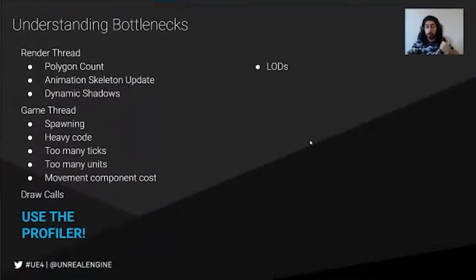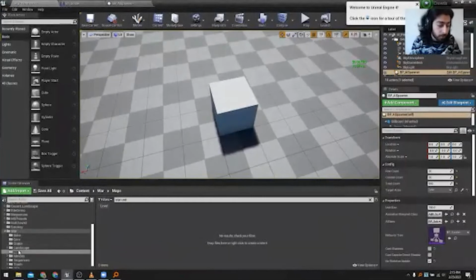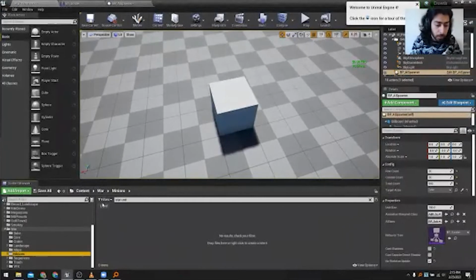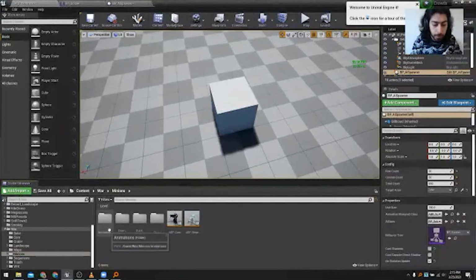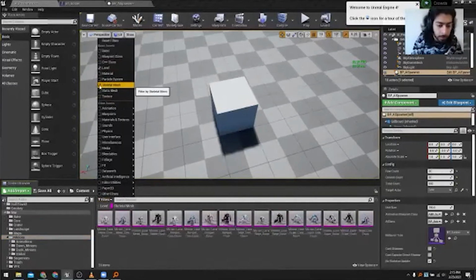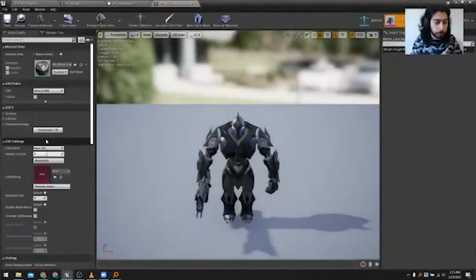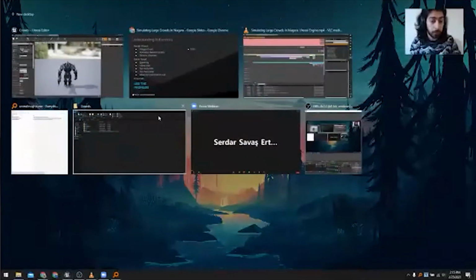So for polygon count, if that's the performance issue, you can use LODs, and inside of Unreal, they're very easy to generate. So let's just say we have a skeletal mesh in this case here. If I go to our minions, turn off the search, we get our skeletal meshes here. You can easily generate LODs by just going here, choosing how many LODs you want and hitting the generate button. This will take a couple of seconds, but it will automatically generate low polygon versions immediately inside of Unreal.